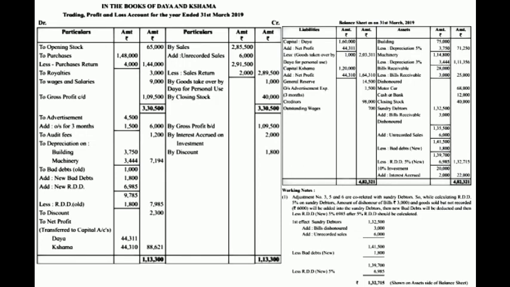Again the same rule for closing. Take the total of debit, take the total of credit. Over here also we are getting the credit side heavier. 1,09,500 plus 2,000 plus 1,800, the total comes to 1,13,300. Again the heavy total we have to write on both sides. Then we do the total of debit, 6,000 plus 1,200 plus 7,194 plus 7,984 plus 2,300. We have to deduct this amount from 1,13,300. The balance is 88,621. This is what we call net profit.